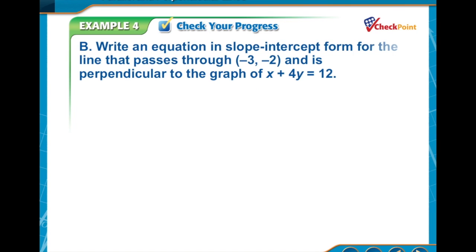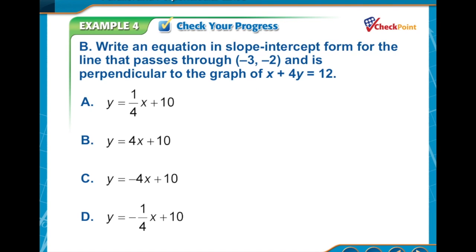One more example to look at here. We want to follow the same logic here to write our equation in slope-intercept form, for the line that goes through this point, an x and a y. And they tell us again it's perpendicular to the graph given here. So first step, what is the slope of this line given? So if I solve for y in a couple steps,